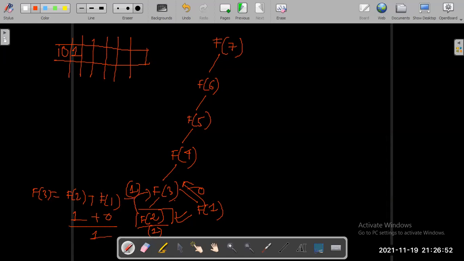Now f of 3 has calculated itself. It will return this value to f of 4, right? So let's store it. F of 3 has calculated itself to be f of 2 plus f of 1. Let's store it here.